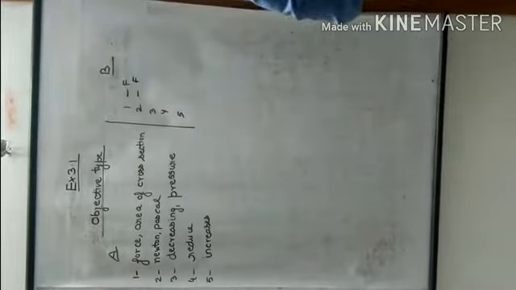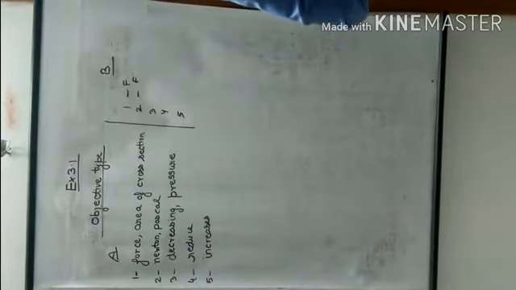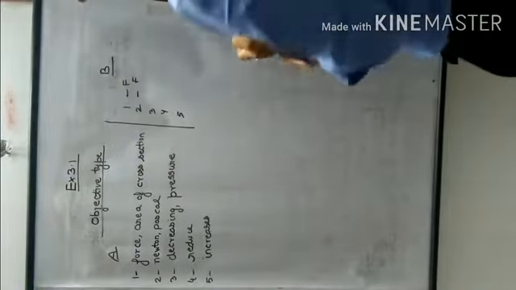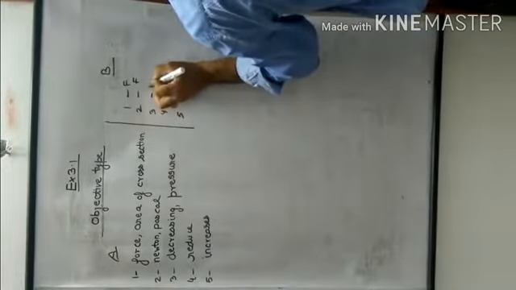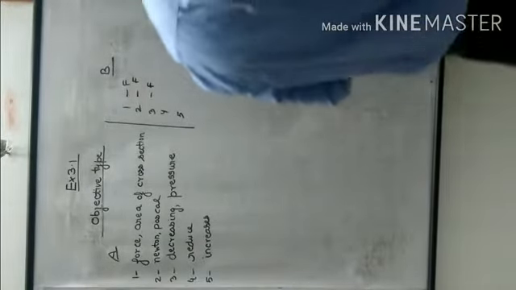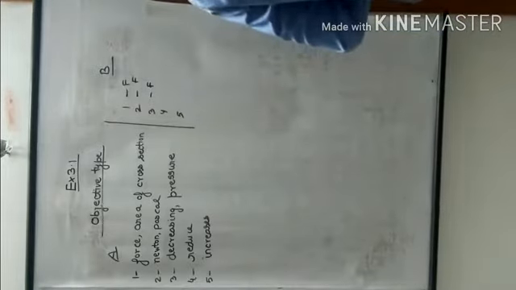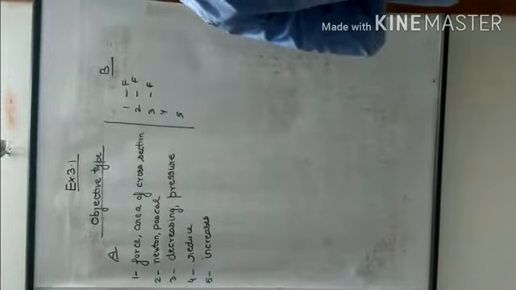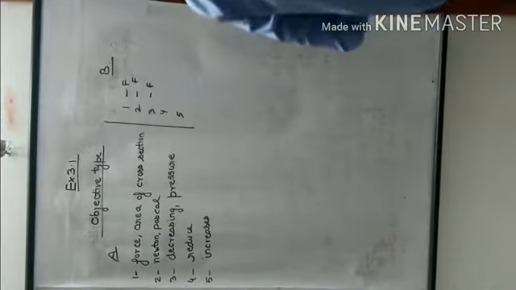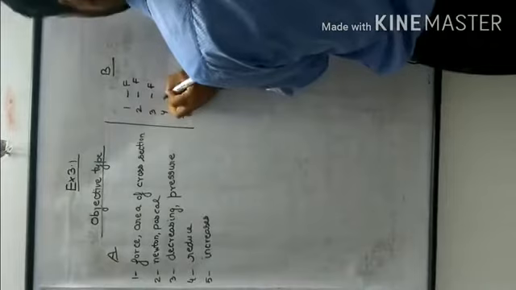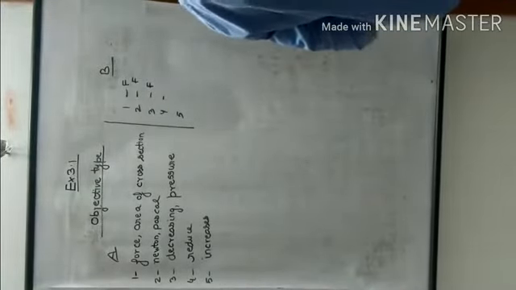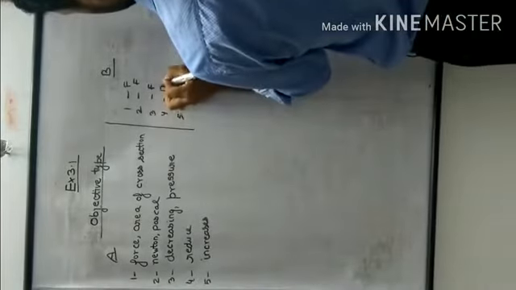Sorry, the second part is: 1 Pascal is pressure produced by a force of 1 kgf. Not 1 kgf, 1 Newton will be there. That's why it is false. The third part also is false, because with the increase in area, pressure will decrease, not increase. Fourth part: pressure decreases with the weight of object. If the weight of object increases, pressure will increase, so it is also false.